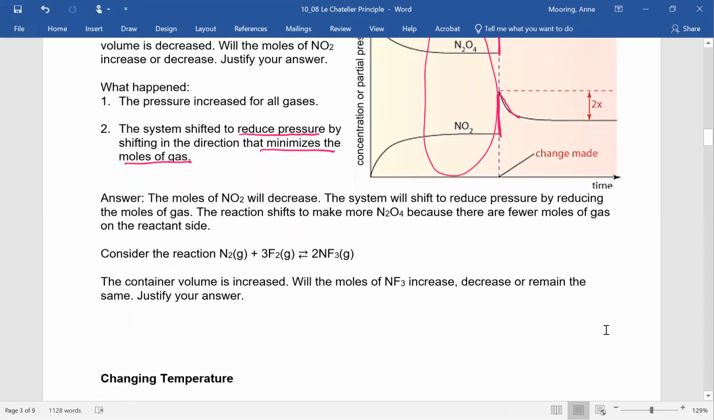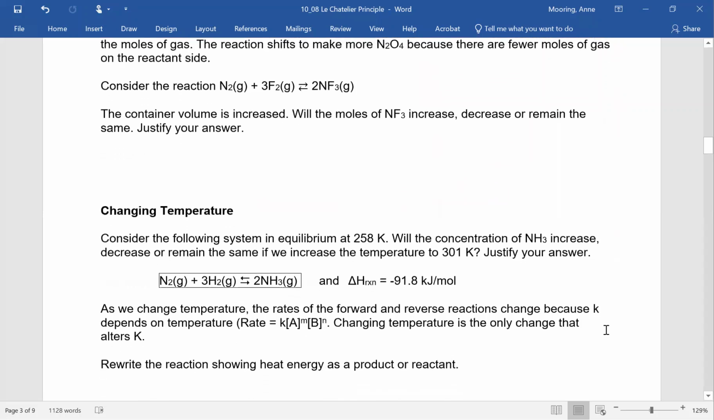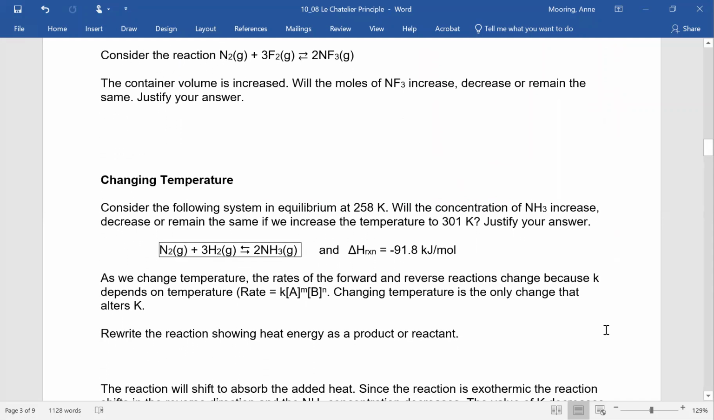So let's try another one where we don't have a graph that is telling you what's going on. Consider the reaction nitrogen reacting with 3 moles of fluorine to make nitrogen trifluoride. The container volume is increased. Will the moles of NF3 increase, decrease, or remain the same? Justify your answer. So what we have now is more volume, which means the pressure has dropped,